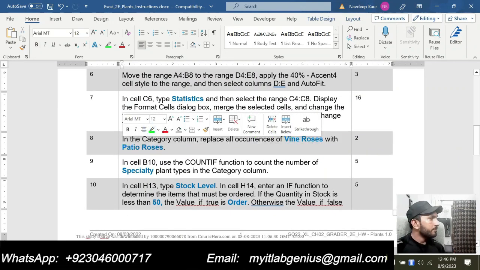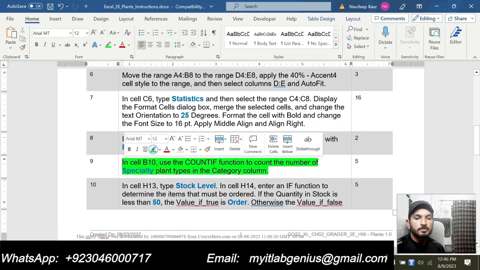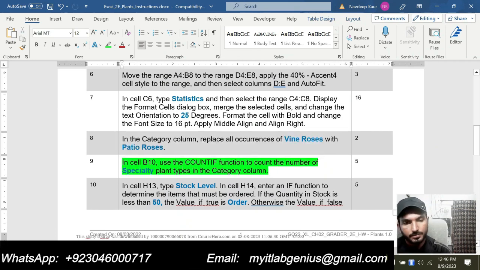Step number 9. And the step number 9 is, in cell B10, use the COUNTIF function to count the number of specialty plant types in the category column.